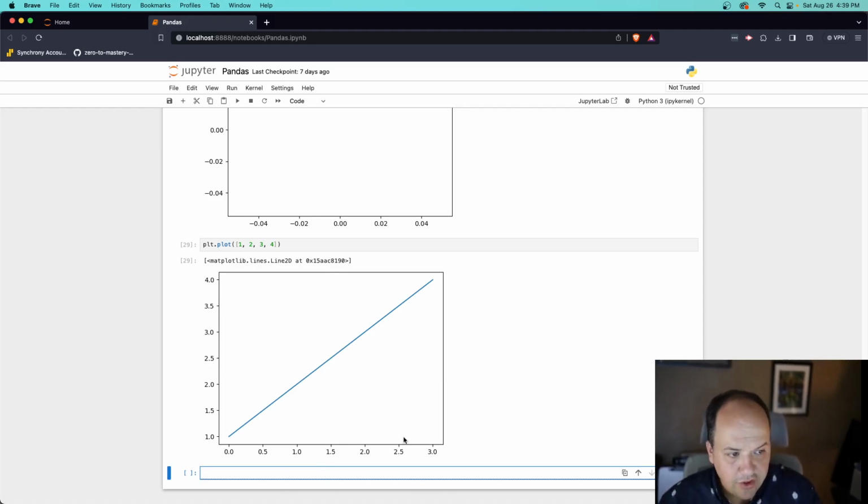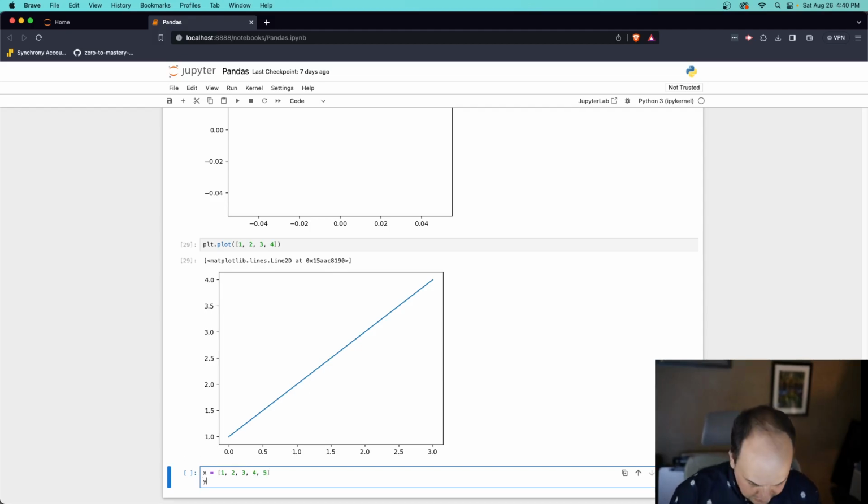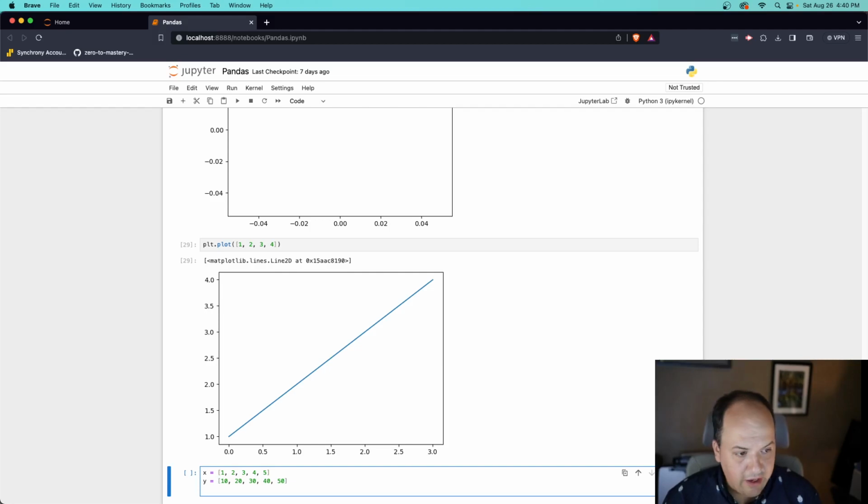It's also useful, though, to get X and Y data. So if we were to say X equals, and give it a list, 1, 2, 3, 4, 5, and Y equals 10, 20, 30, 40, 50, now we can actually graph those in relation to each other, and we just have to pass them into